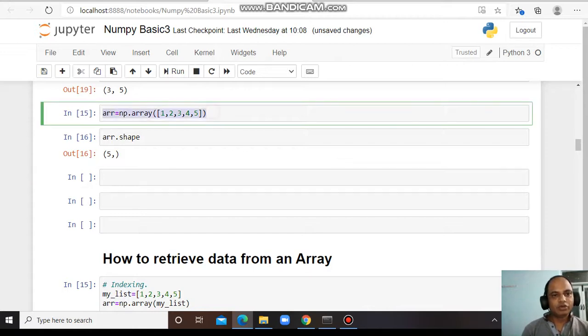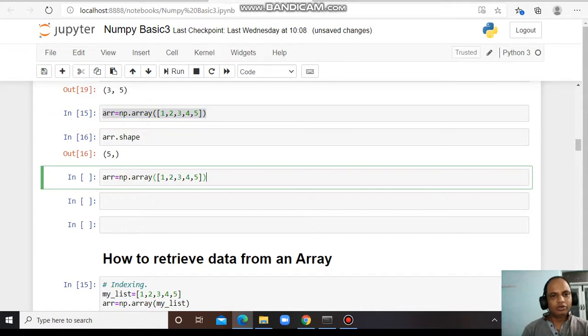If I want to create a two dimensional array, what will I do, I will pass the lists separated with a comma. For example, I want 6 7 8 9 and 10.